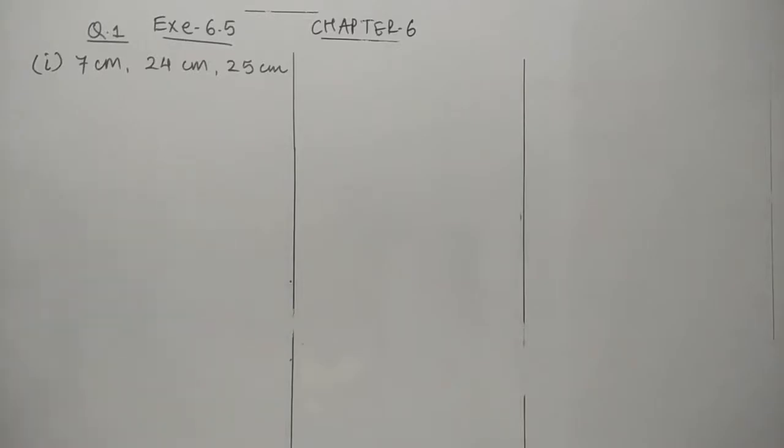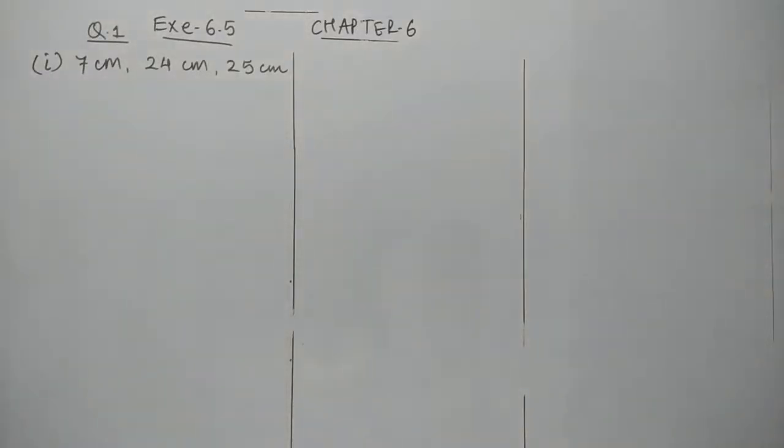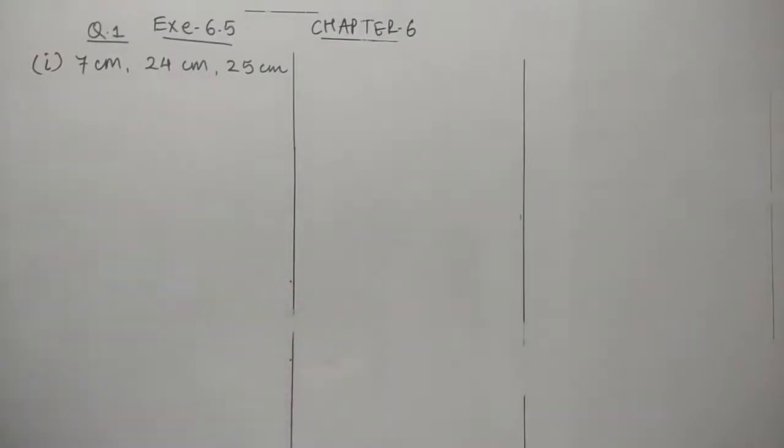Let us start with exercise 6.5 now. In the first question, it is mentioned that the sides of the triangles are given here. We have to determine which of them are right angle triangles, and if it is a right angle triangle, then we have to write down the length of the hypotenuse. Okay, so we'll use the converse of Pythagoras theorem,